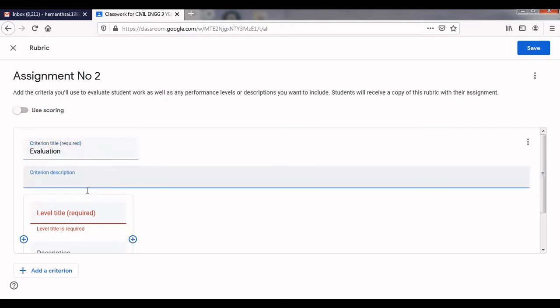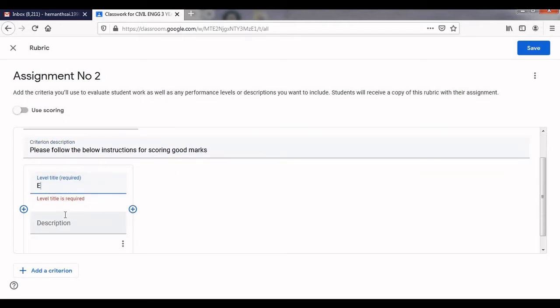In the description, please follow the below instructions for scoring good marks. So here level title, you can write it as excellent. Description: when a full problem is solved.